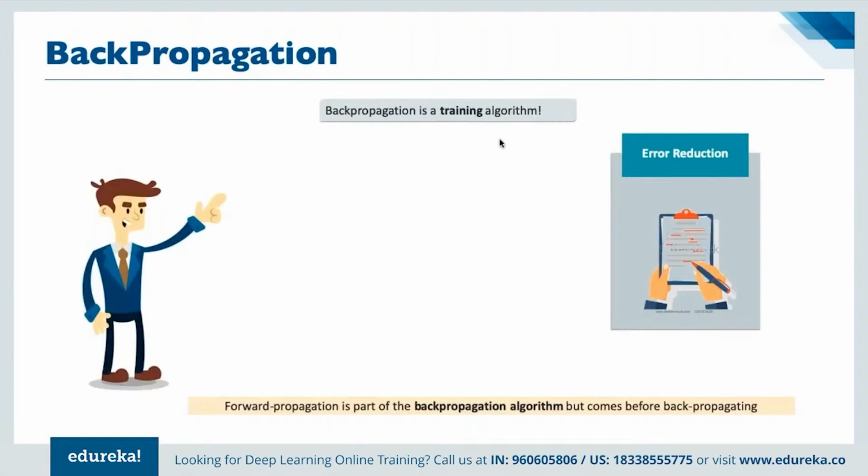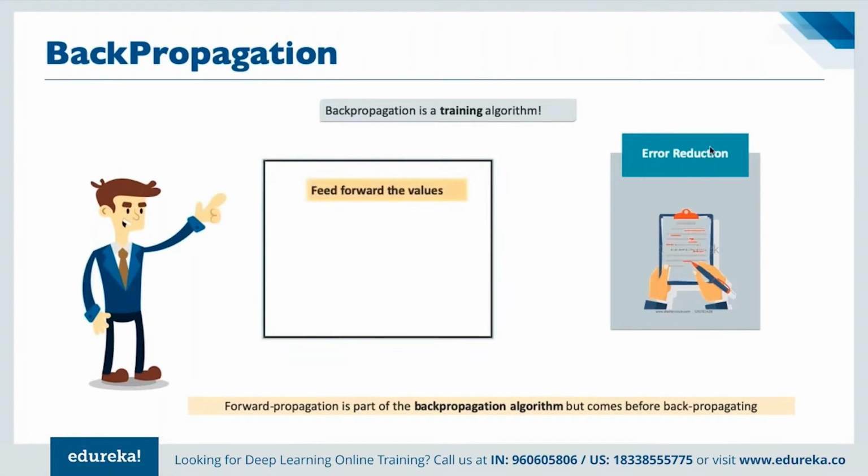And that's why we have back propagation. Back propagation is simply a training algorithm that we can define to make sure the errors happening, especially in the image classification area, are reduced to as minimum as possible, right? Basically, we can say forward propagation is a part of the back propagation algorithm itself, where we use it for propagating the errors happening through the entire system, right? In terms of understanding the architecture here, first of all, we feed forward the values here, right?